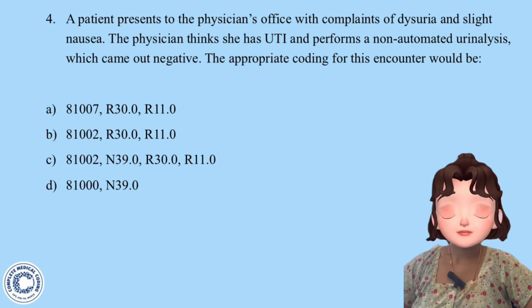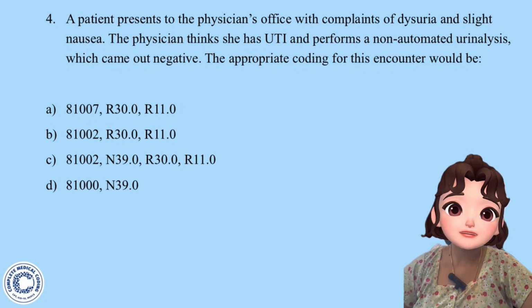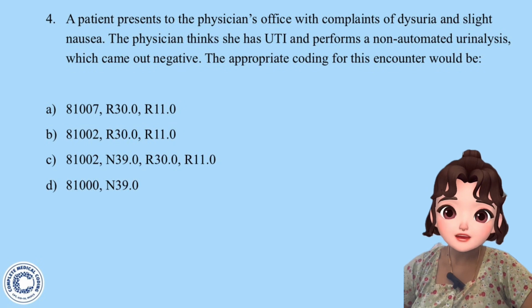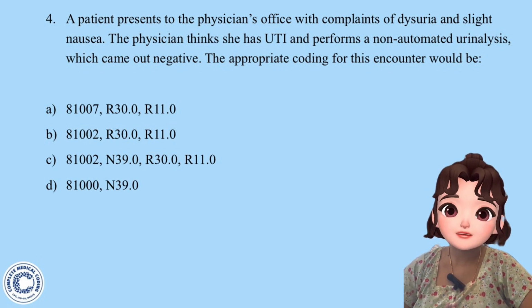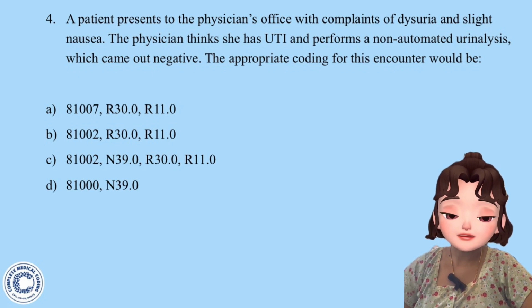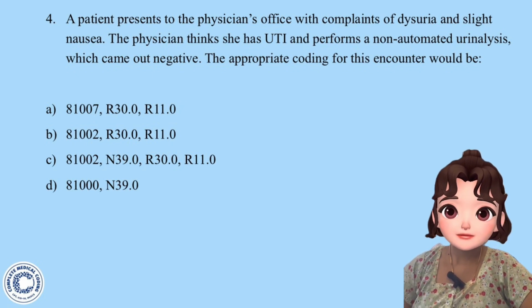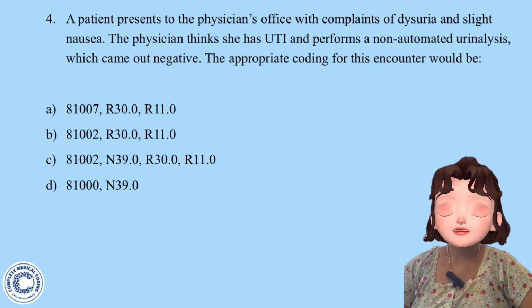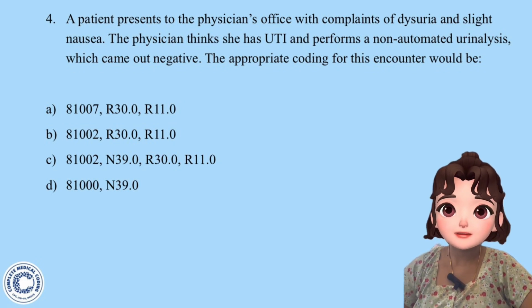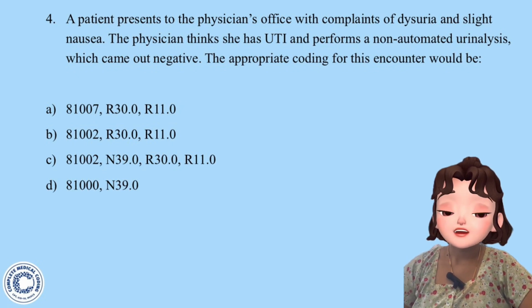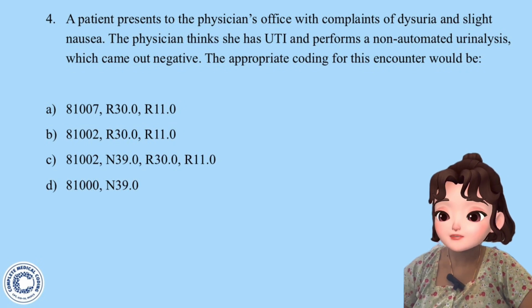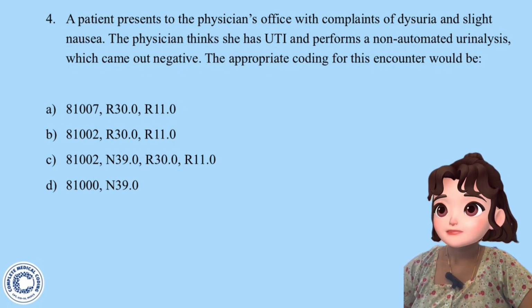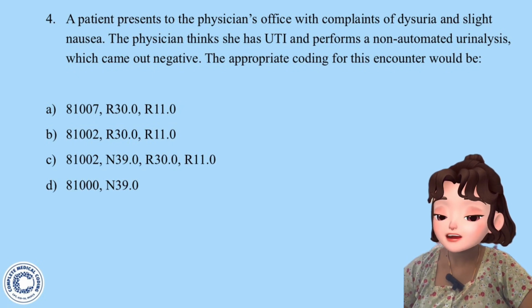The doctor performs non-automated urinalysis, but the result came out negative. It means there is no UTI for that patient. So if in the question it is not a confirmed diagnosis, you cannot code UTI. Instead, you need to code only the complaints. Okay. Anyway, first let's find out the CPT code. What is 81007, 81002, 81000? You need to find out the code for non-automated urinalysis. Let's find out what is the code for non-automated urinalysis. 81000 is